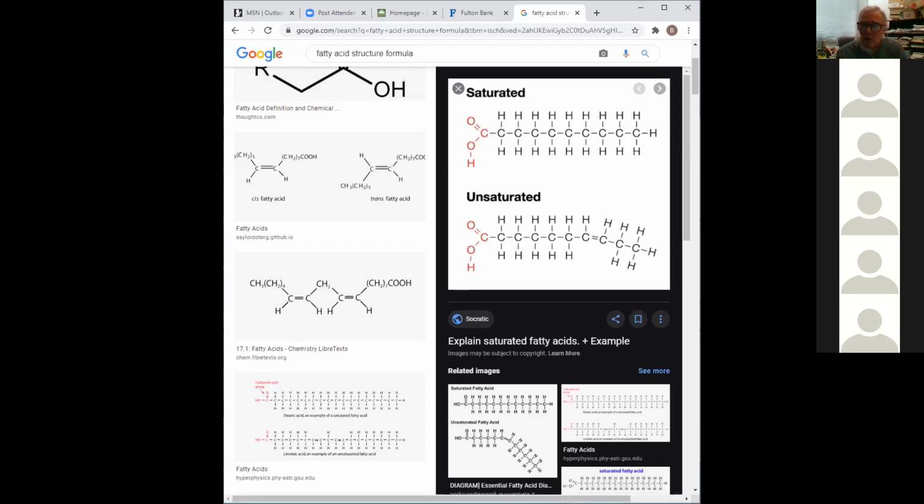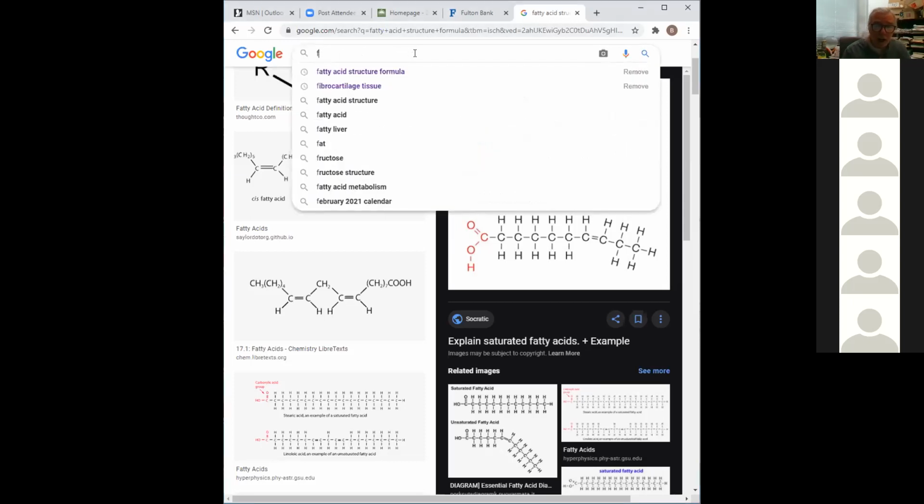Okay. So what you've got to do, 4 people at a table, would be making a triglyceride. So they make 1 glycerol and 3 fatty acids to make this. And how would you do that? Well,